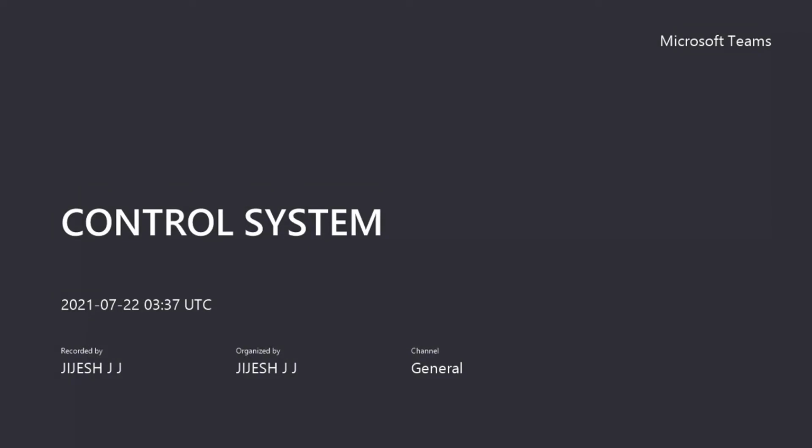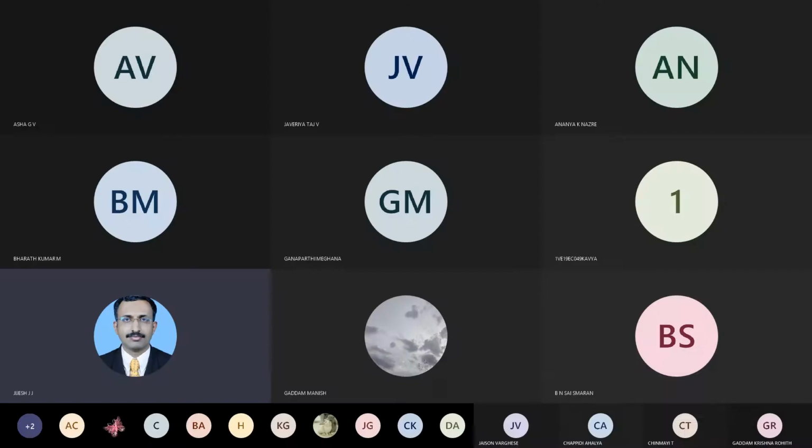Good evening. So in the previous class, we have been discussing the Bode plot. We have started with the Bode plot, and we have seen a few things. We have also found that there are two major things to be understood in the Bode plot: one is the magnitude plot, another is the phase plot. All these things have been discussed in the previous class.